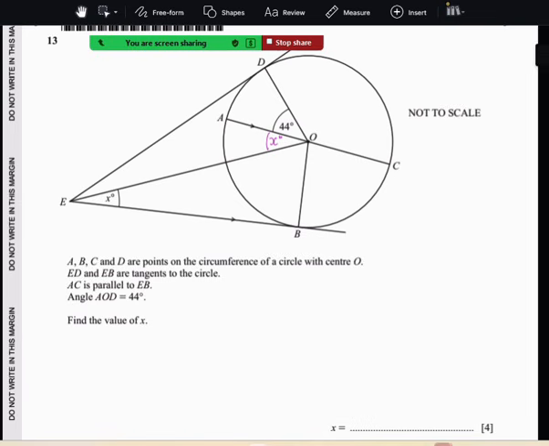Which angle fact am I using on parallel lines? Alternate angles. Yes, alternate angles there. Or you can say z angles. Some like to say z angles. So those are alternate. Then there is a theorem which talks about tangents and